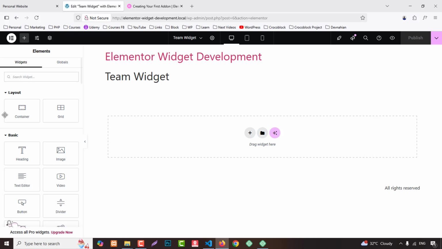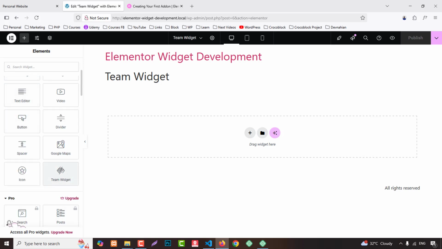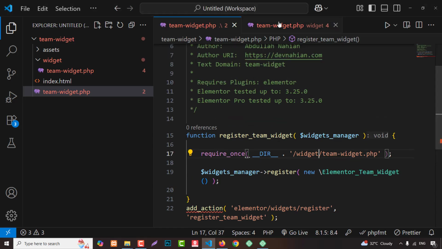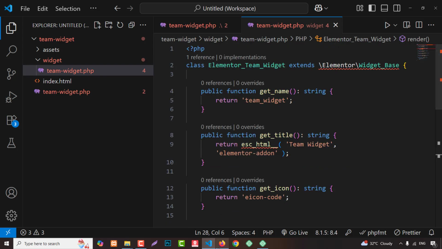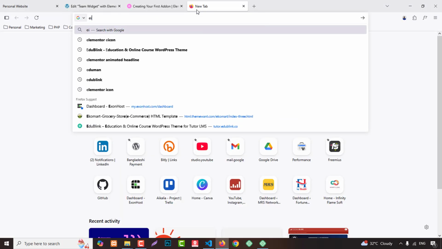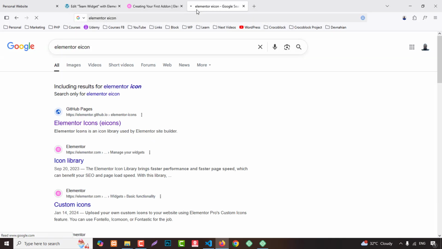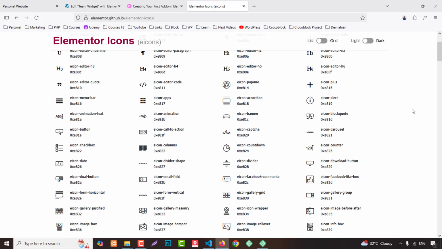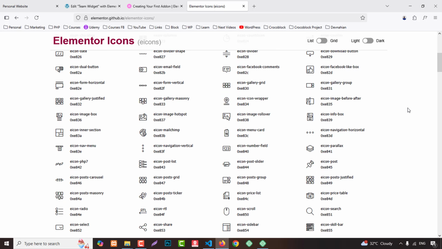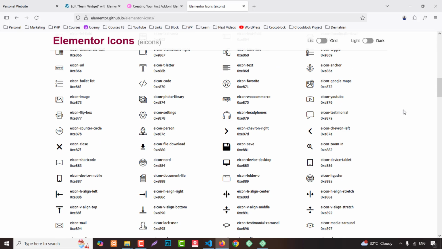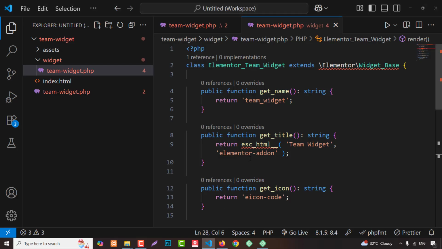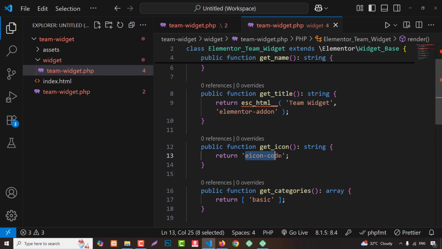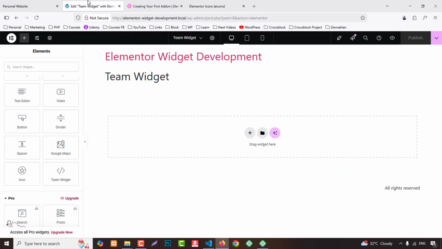Okay, and here inside the basic part we have this team widget, that's done, perfect. If you want to change this icon, we have to search for Elementor e-icon. Here is our GitHub page, and from here we can search for team or people, something like that. We can use this one, so just copy this name from here and paste it here. Okay, and refresh the page,